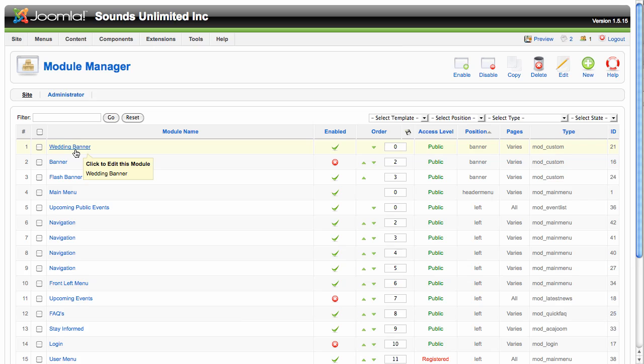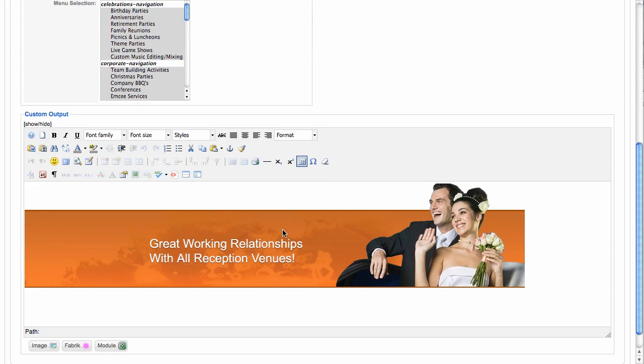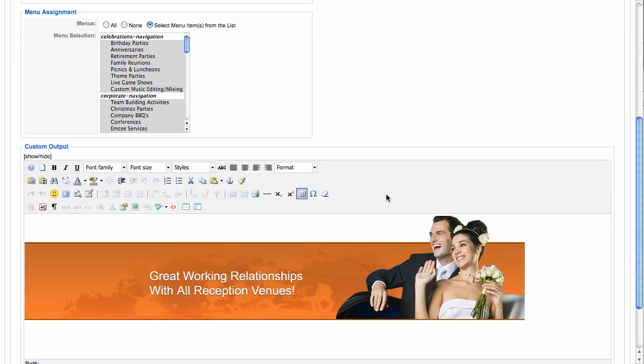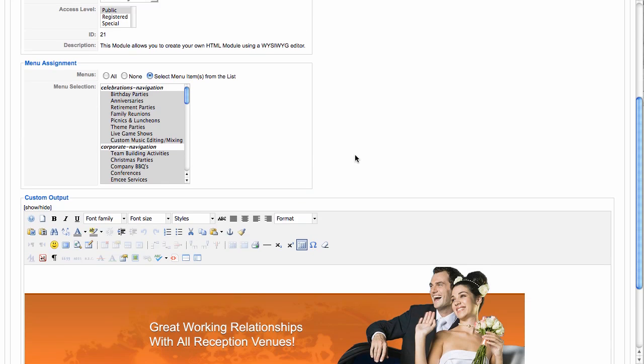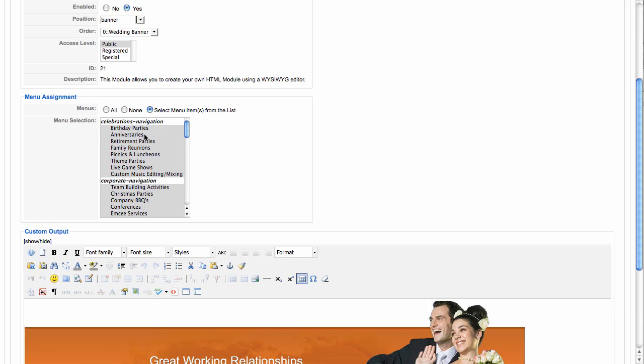Now this is a static banner that shows up on the inside of a lot of our pages. We'll click on that, and we see down at the bottom here there's our image that's being placed into wherever we put it. We've got some settings as far as showing the title, yes or no. In this case we don't want a title shown because we don't want any text other than what's there displayed. It's enabled. We can choose the position that's being displayed on the page, and we can also select where that's